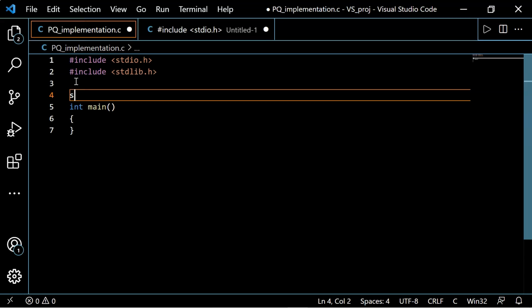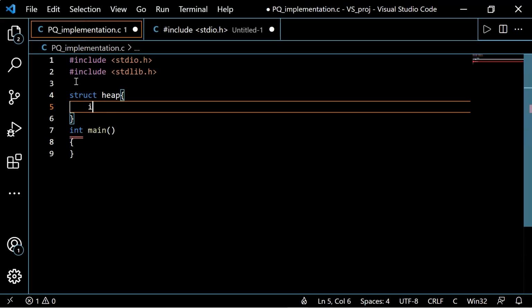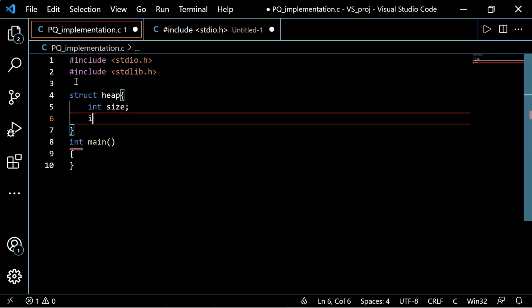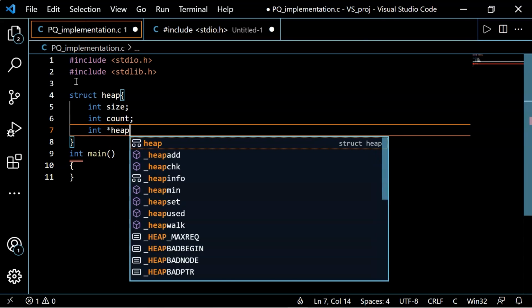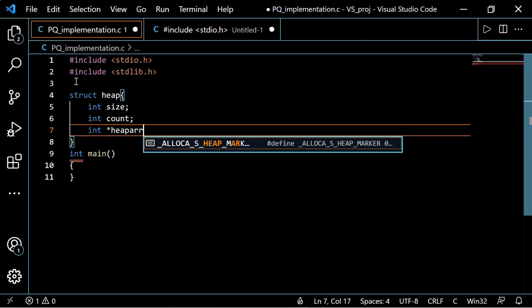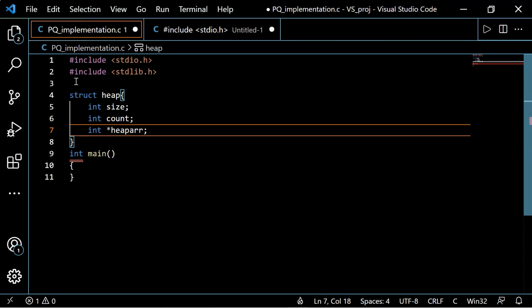So, let's create a structure. struct heap, consisting of int size, int count variable, and int *heap_array, which is a dynamic array that we are creating here.